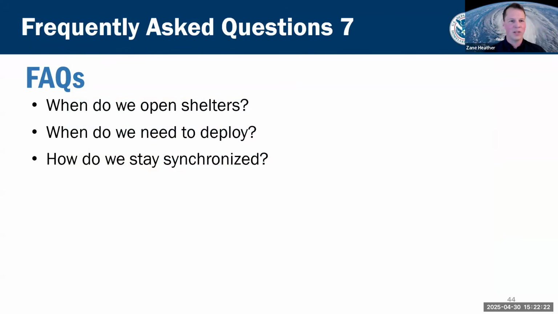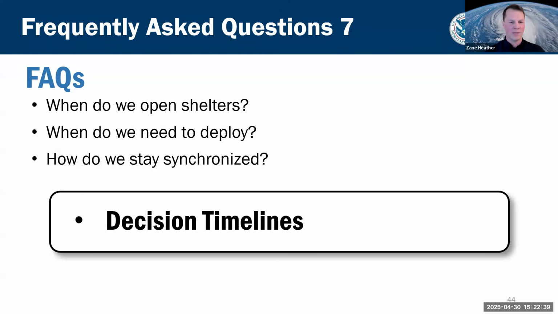All right, so question 7. We've talked about the triggers, we've talked about operationalizing that information. Now, the next question we have is, how do we know when to deploy that information? What types of products and services can we use? What type of information is out there? And how should they be integrated into our planning efforts?